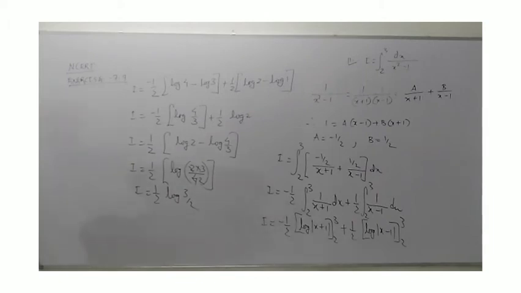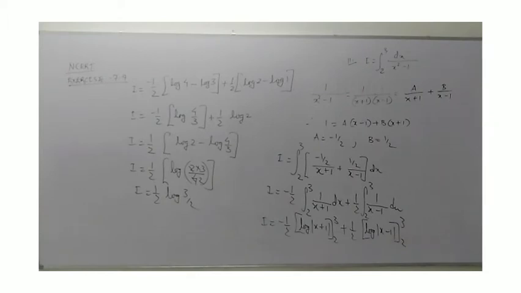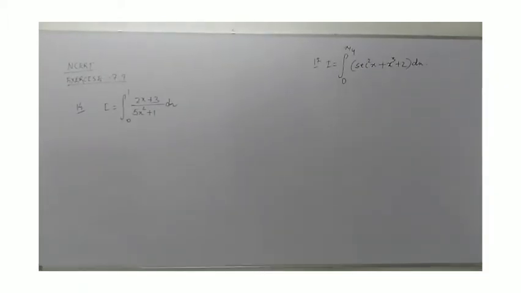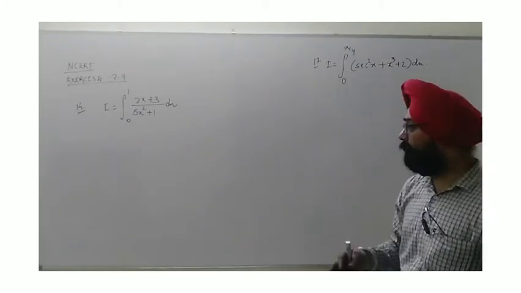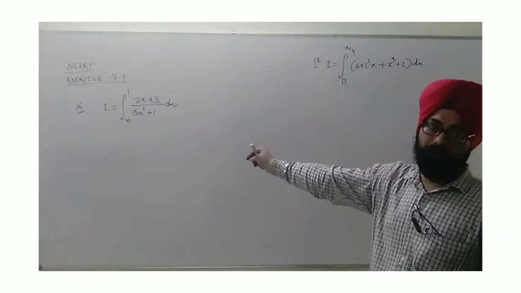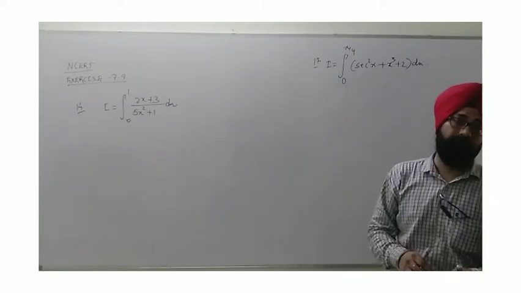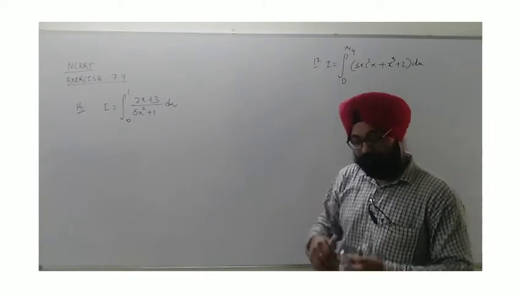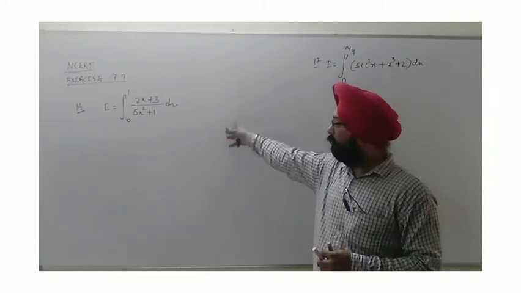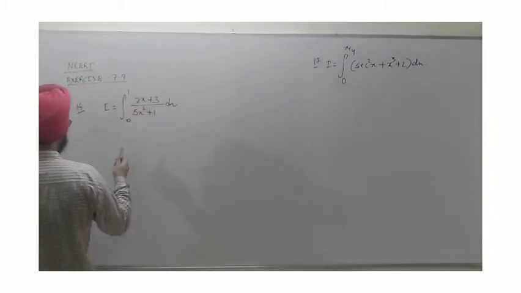Now we will take the next question from the same exercise. In the next question, number 14, as I have selected, because yes, this is a conventional pattern: linear polynomial divided by quadratic polynomial, a rational function. Its pattern you might have seen in earlier modules, px plus q upon ax square plus bx plus c. The same way, we will solve this also. In the final answer, then we will put the limits. Let's see. Here we go.